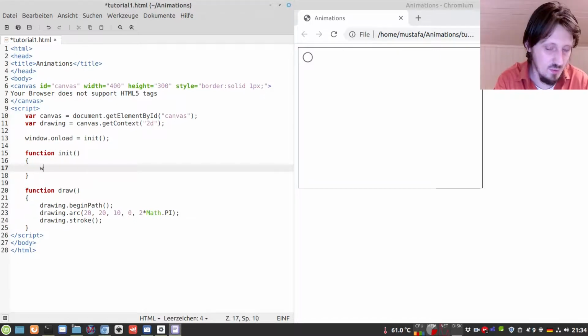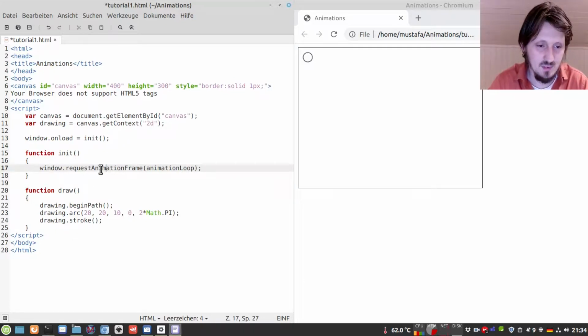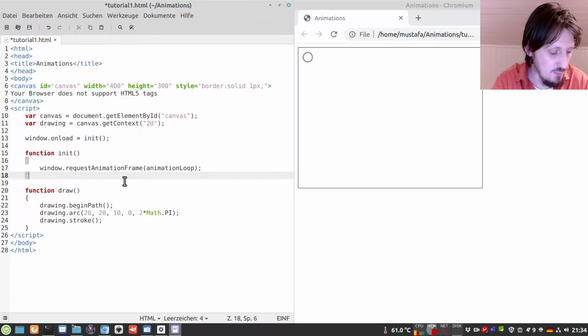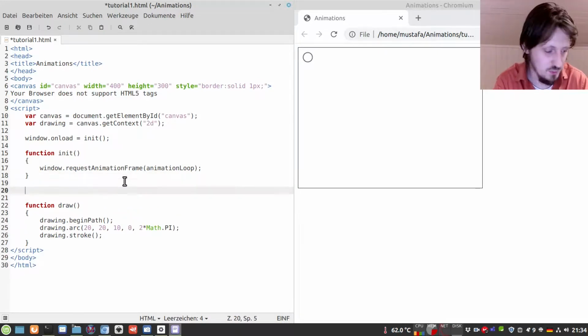And then we can write window.requestAnimationFrame(animationLoop). So what does it mean? It means that we tell JavaScript that what we draw should be animated, and for that we use this function requestAnimationFrame, and the argument of this function will be another function which we have to define now.